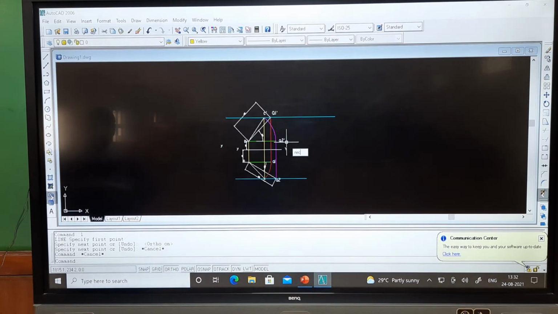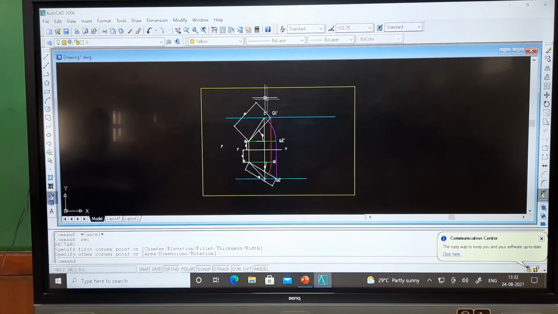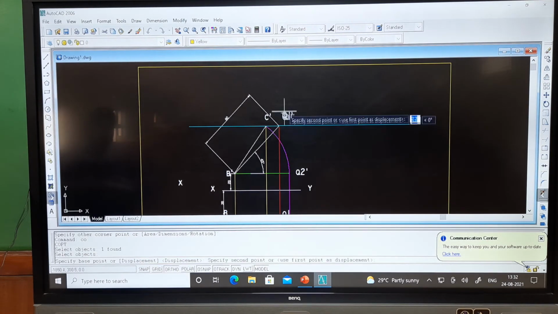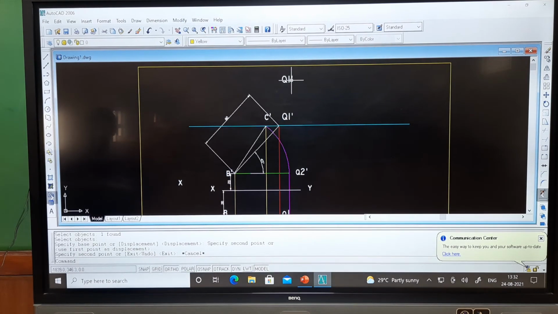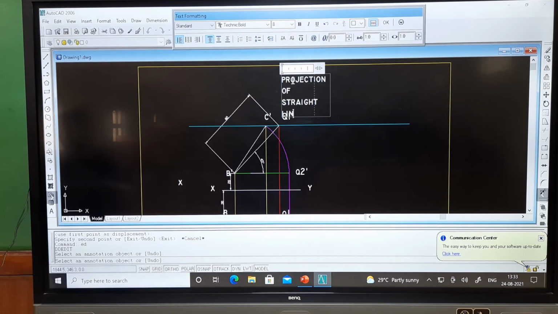I will decorate this one with a rectangle, REC enter. Here I will write the topic. What is that? My projection of straight lines.